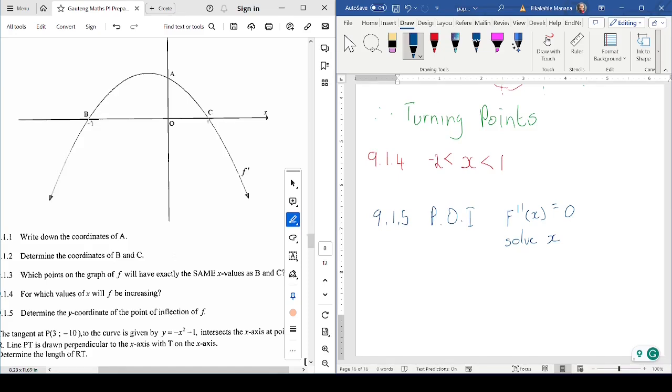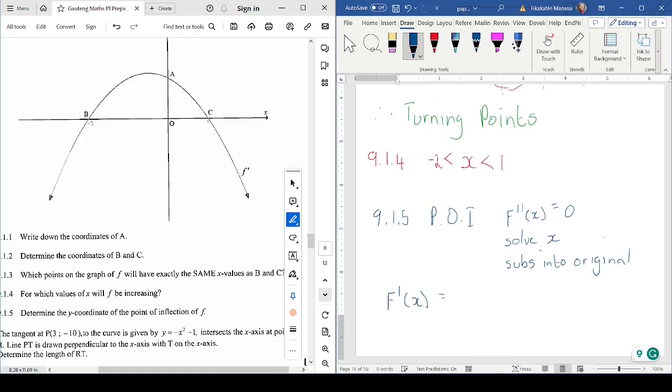If you want the y value, you must now substitute into the original equation. Okay, this is the format that we'll be following. So first of all, let us get the second derivative. We know that the first derivative,